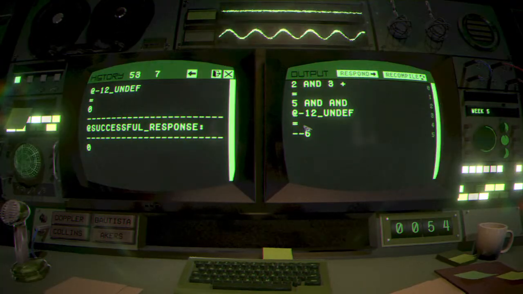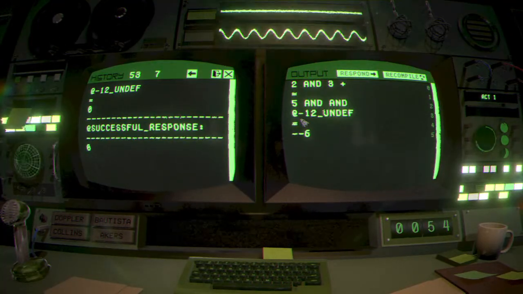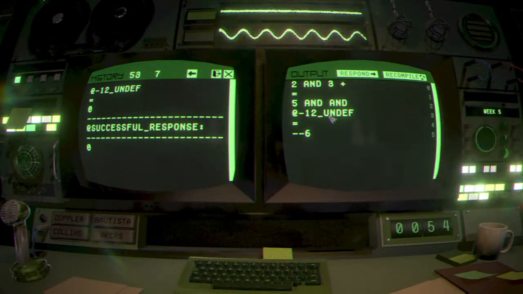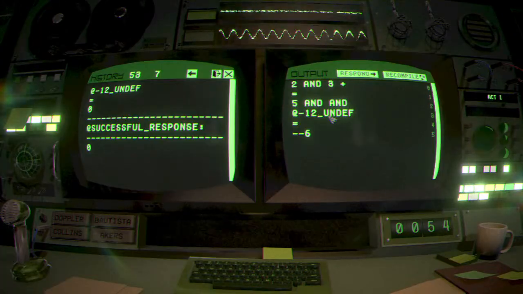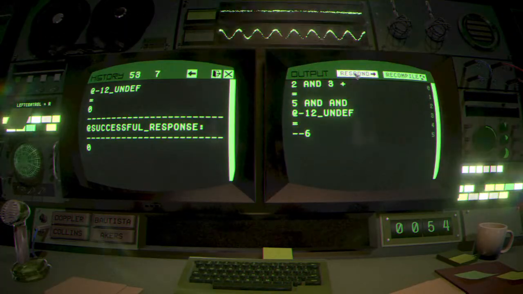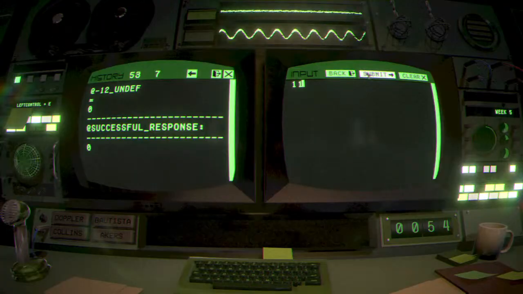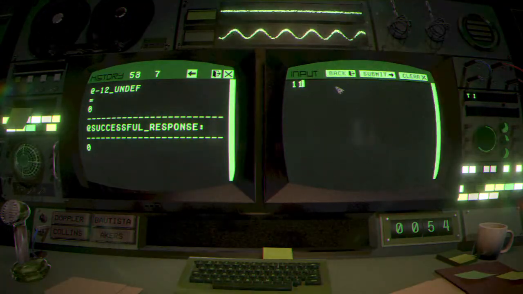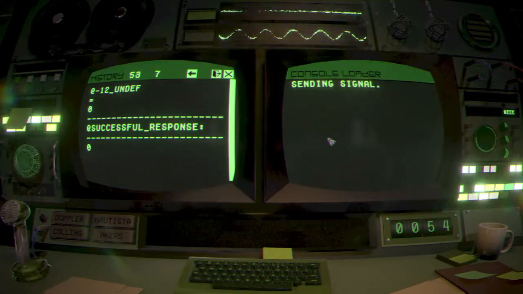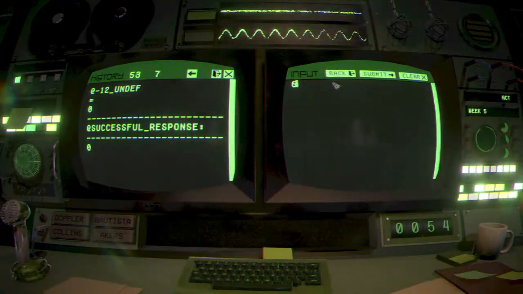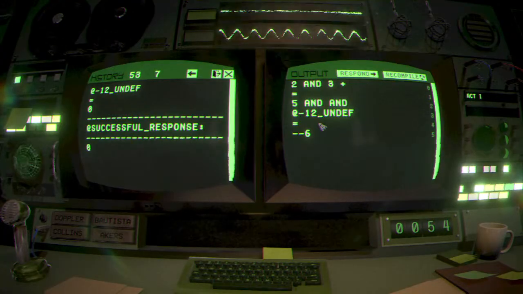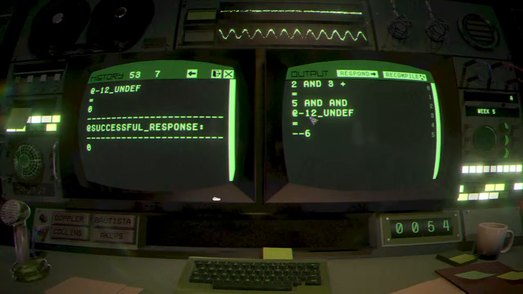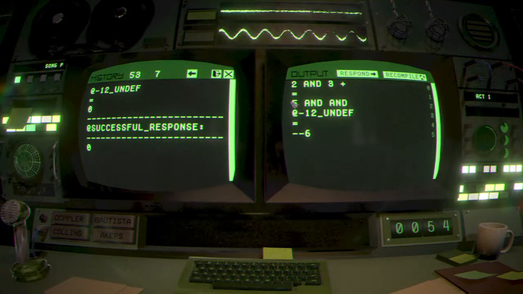So the only numbers that could make sense to me here is if I put like 11 or 6. But I don't know. So I'm gonna try 11 first. But I didn't really expect them to work because neither of them make much sense. So why did I try either of those? I thought maybe